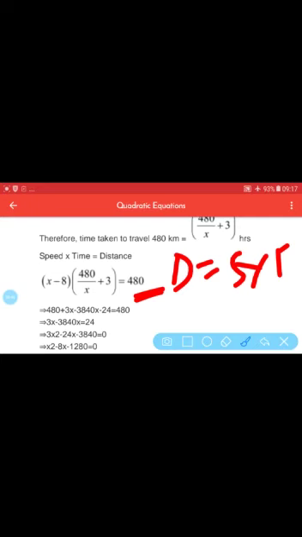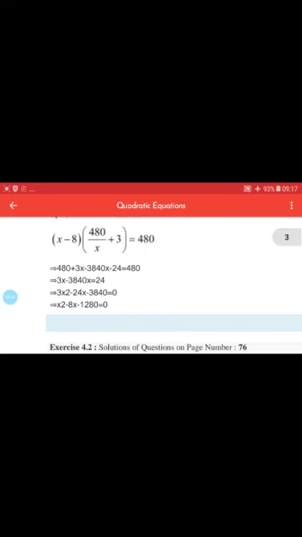Please arrange it. You can arrange it by any means. Here 480, then you do the multiplication. 480 by x into x, this x gets cancelled. So please solve by yourself. If you want, I can solve also, and there are many methods to solve the multiplication. First you multiply this, so this gets cancelled, so this becomes what? 480. Again this becomes how much? 3x. Again this you do with x, and in that way you solve, and finally you get what? x square minus 8x plus 1280 is equal to 0.